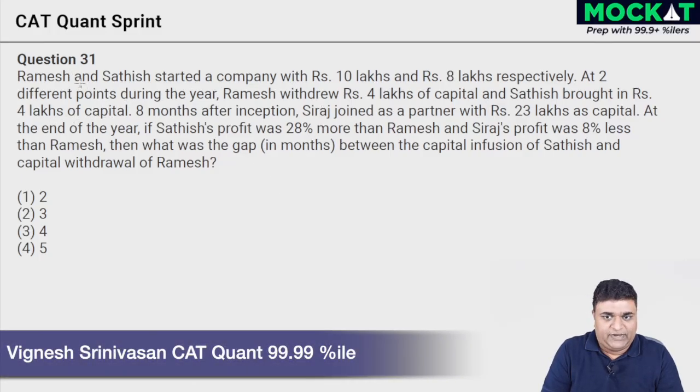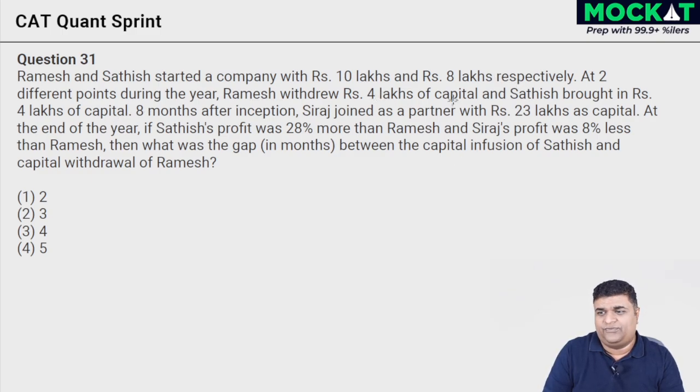On to the next set of 10 questions. Question 31. Ramesh and Satish started a company with rupees 10 lakhs and rupees 8 lakhs respectively. At two different points during the year, Ramesh withdrew 4 lakhs of capital, Satish brought in rupees 4 lakhs of capital. Okay, so we can straight away, it looks like a ratio of profit share,